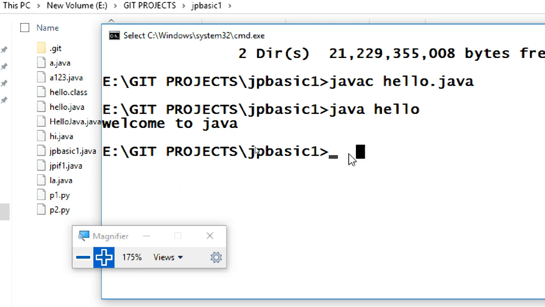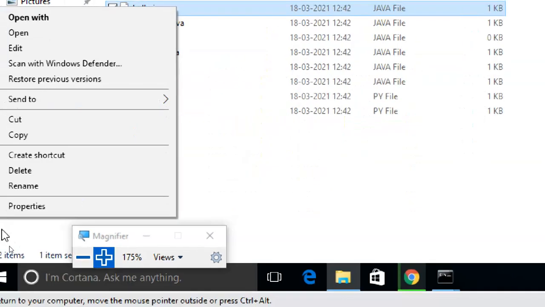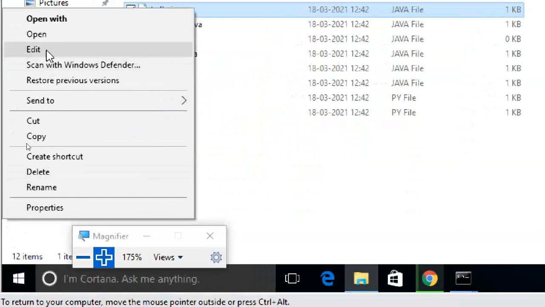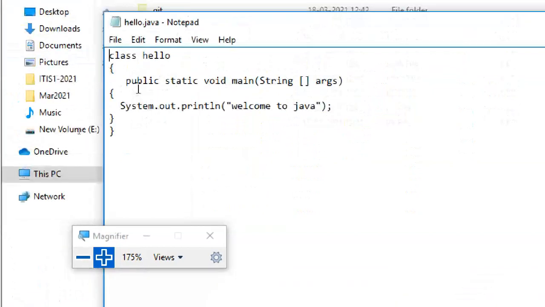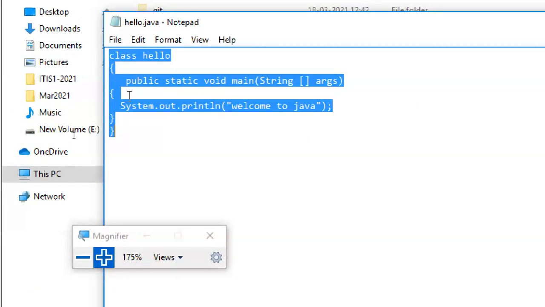Okay. So this is like someone develops source code, you take it, you use it. This is the way. But here I want to create some more programs. I want to create a different program with a different name, maybe a Java file or anything. Go to edit. This is a program, so I'm going to copy.